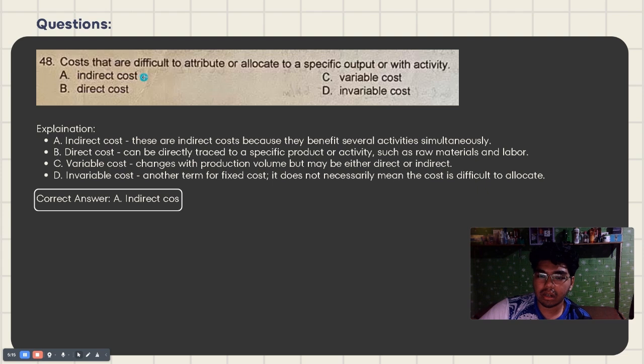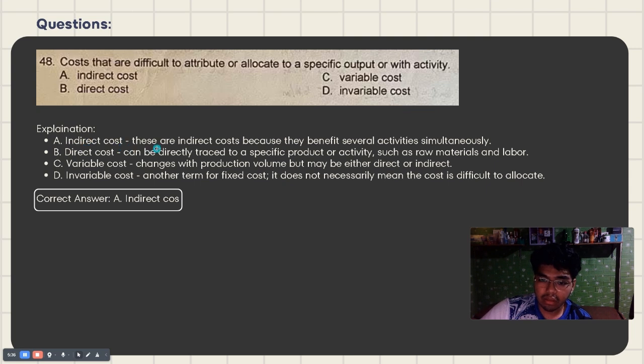Costs that are difficult to attribute or allocate to a specific output or activity. A. Indirect cost. B. Direct cost. C. Variable cost. D. Invariable cost. So for the explanation,